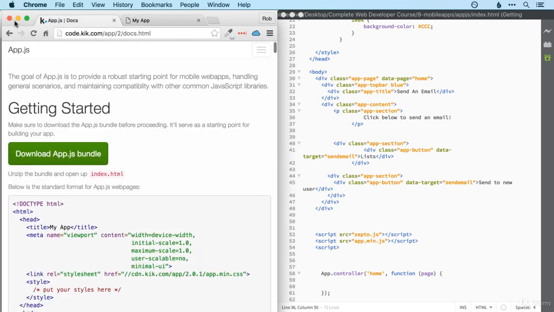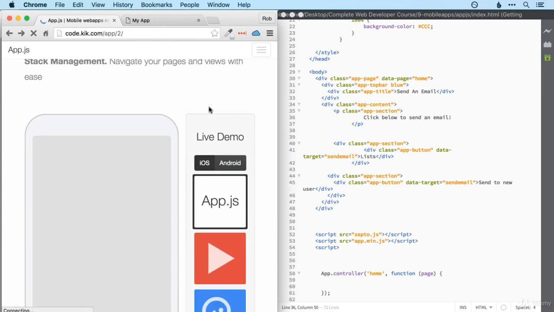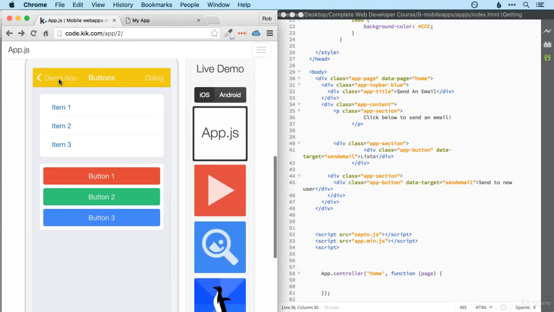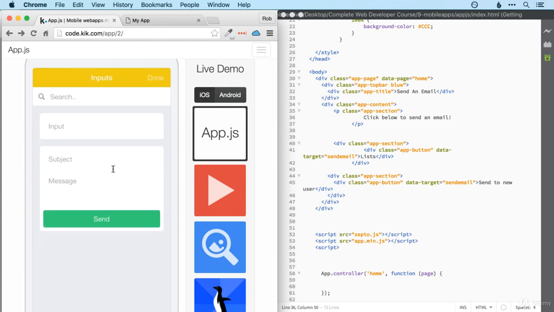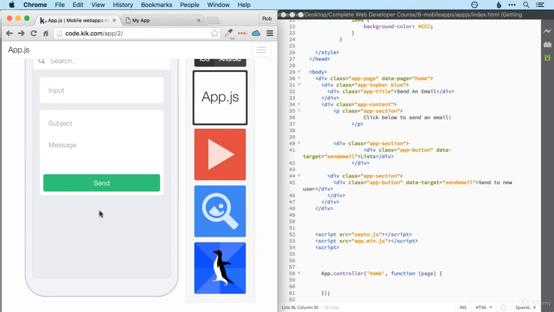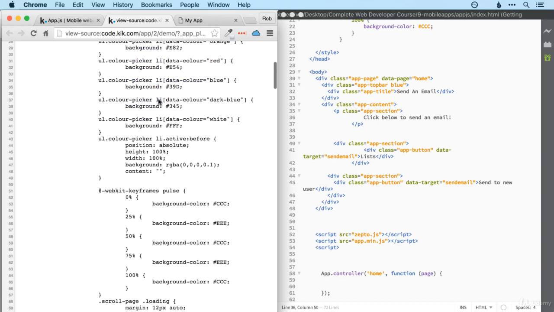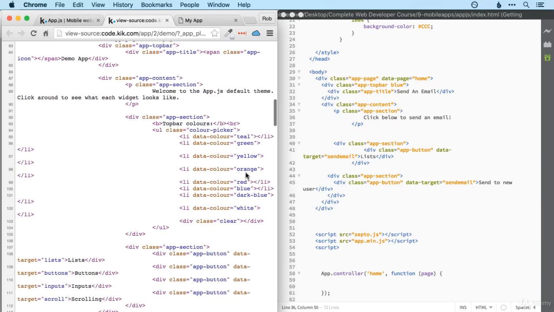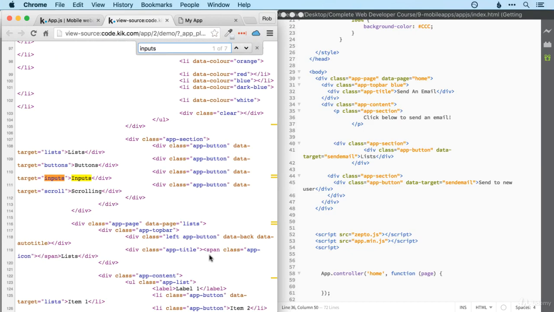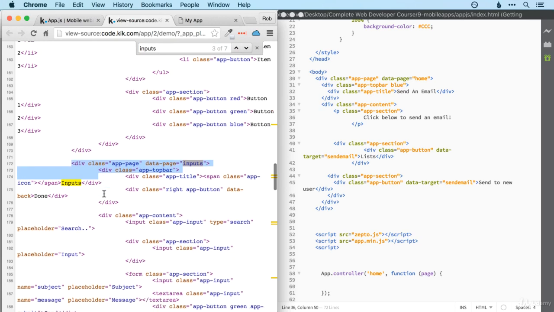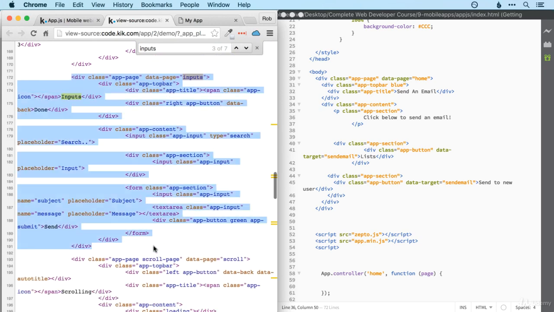Okay, then as I mentioned, we're going to need the page from inputs here, which actually contains something pretty similar to what we're going to use to send our email. So again, I'm going to view frame source, and I'm interested in inputs. So let's Command F to search for inputs. There we go. So it's definitely called inputs. And here's the code that we need then for that. So let's copy that down and we'll have a look at it